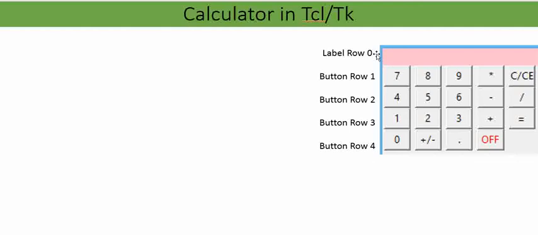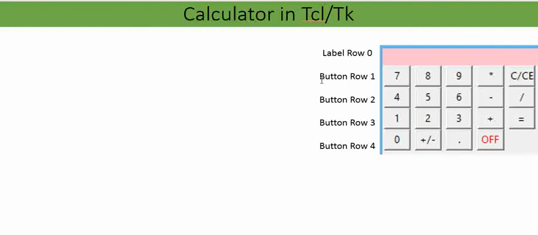First of all, I have partitioned my calculator GUI into 5 different rows and 5 different columns. Row number 0 is a label which updates the current value of each function.